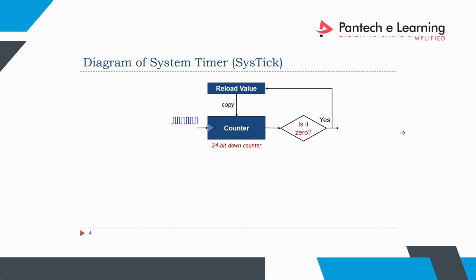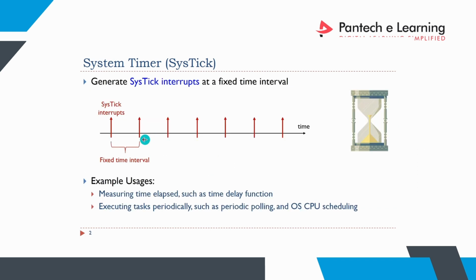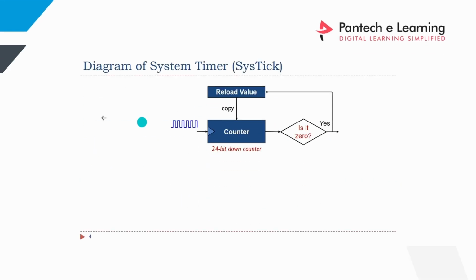So next is our counter. This is what is going to count the time. The system timer is going to give an interrupt at a specified interval of time. This counter is